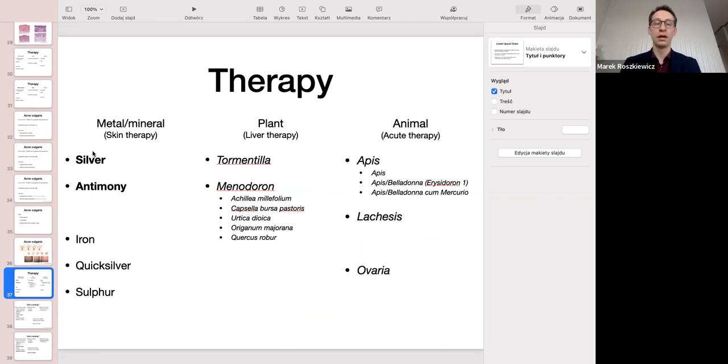And from, I would say, a therapeutic point of view, in the skin we can use silver and antimony as two main metals. And in acne, it is a bit more individual to use metals, because there we can try to find the metal according to the constitution. So as you know, iron versus sulfur, the blonde or dark haired person.